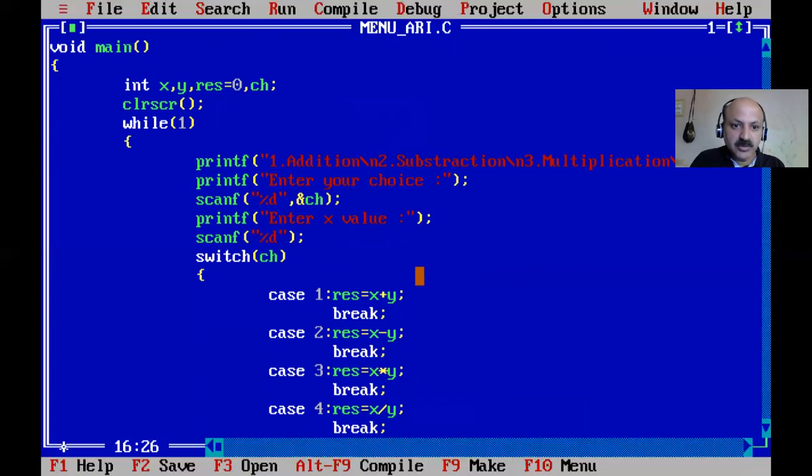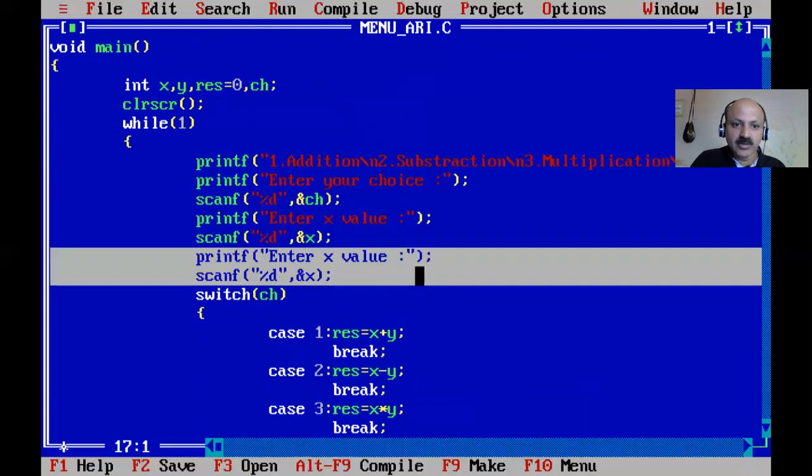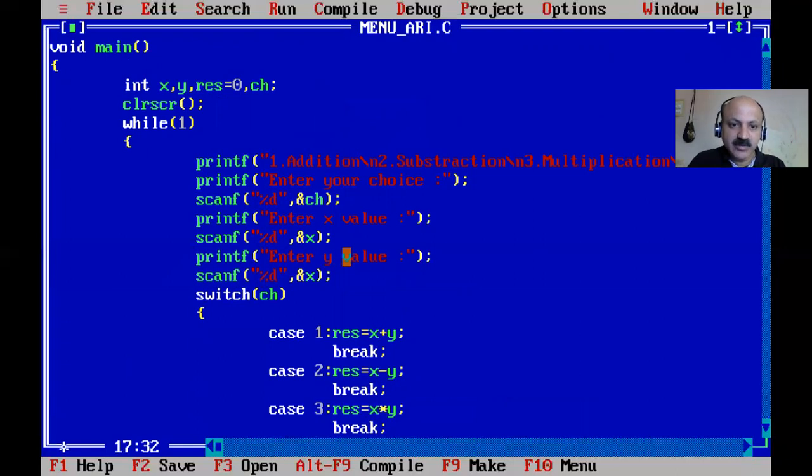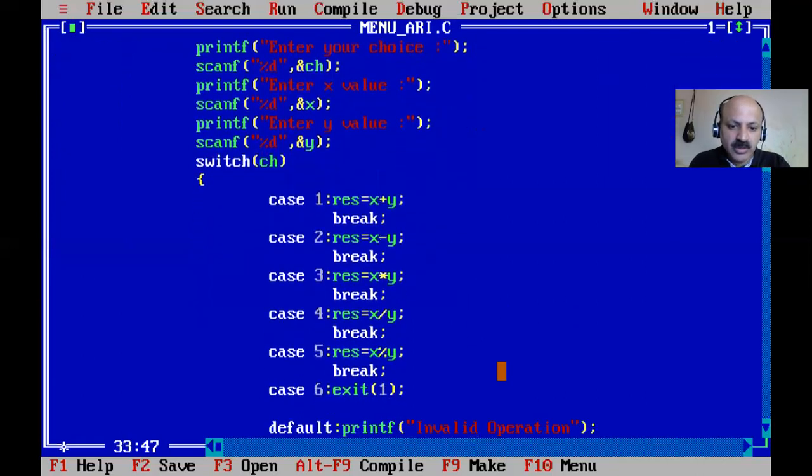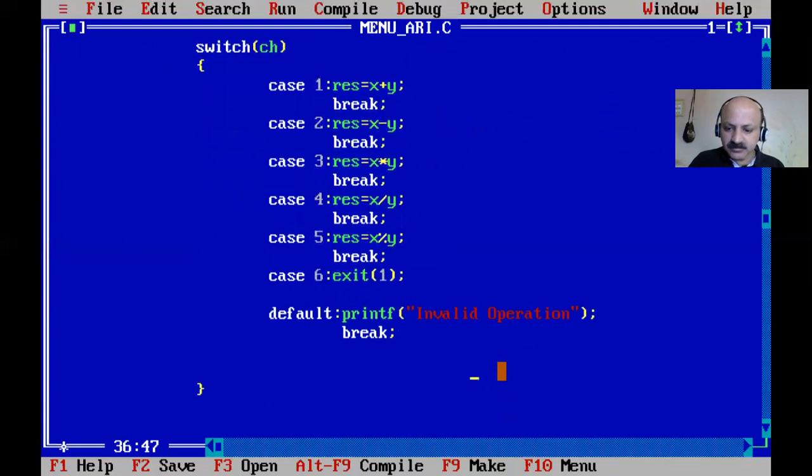So here also percentage d and ampersand x, and I just copy this line for the y variable. So X and Y values are scanned from the user side, so we can perform addition, subtraction, multiplication, division, and modulo division.